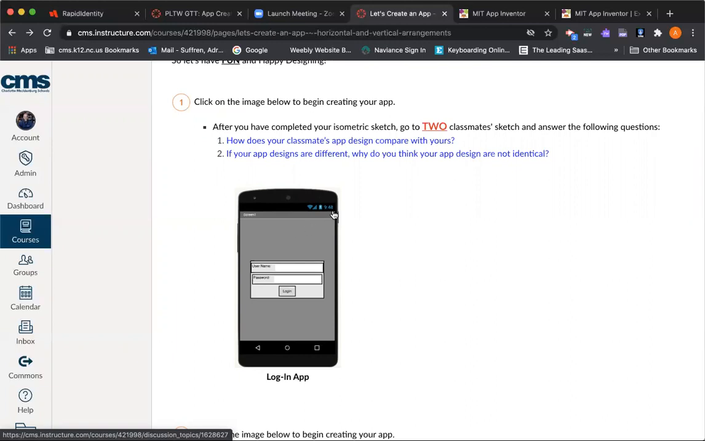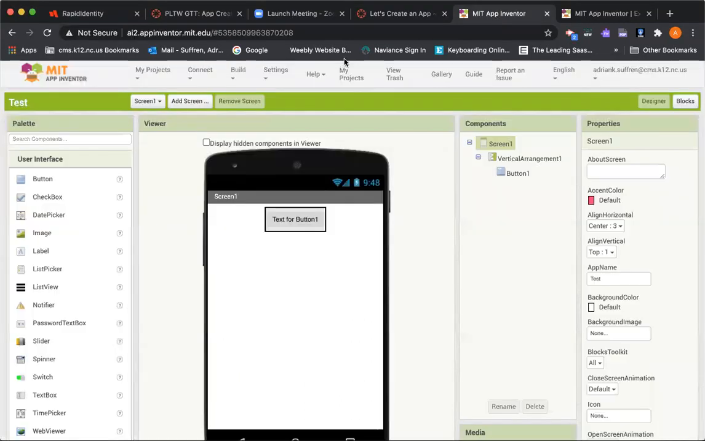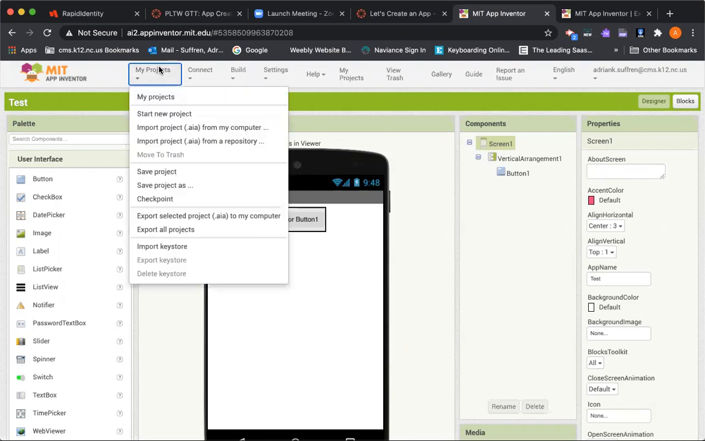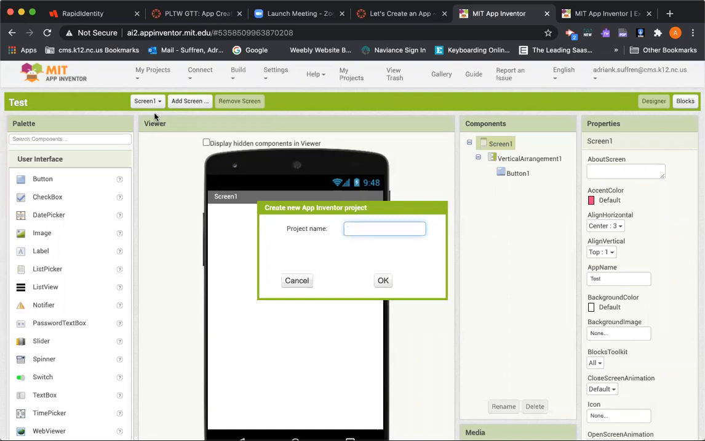So let us go to our MIT App Inventor, and I want to show you a quick example of how to use horizontal and vertical arrangements to create your applications. So when you are first designing your apps, you want to go to My Projects, and you want to start a new project. So when you start a new project, you will see the Create New Application Inventor Project pop-up